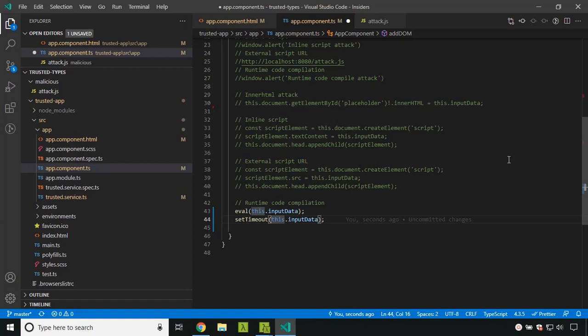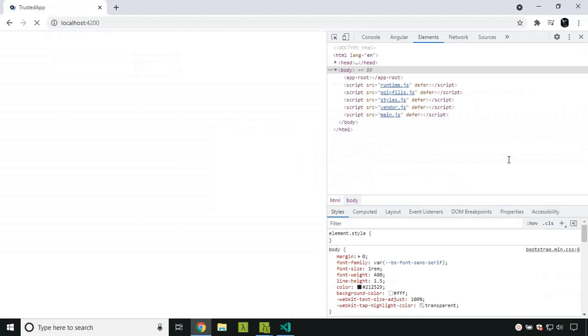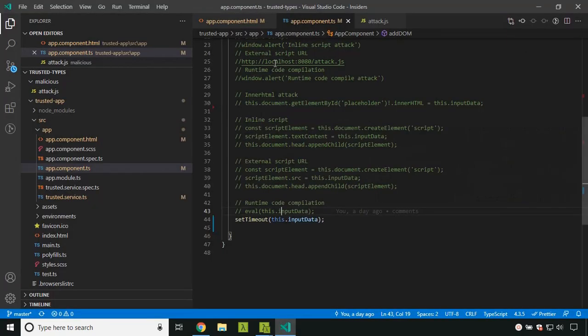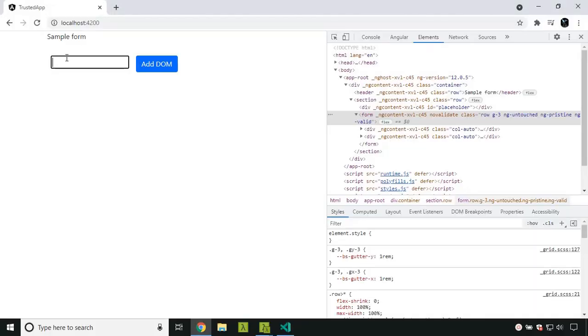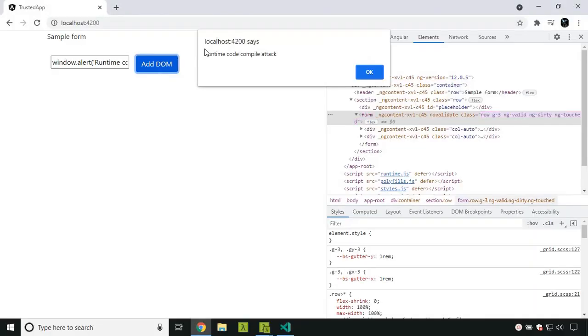It evaluates the string, converts it into JavaScript code and executes it. Again I am copying this string and passing it to setTimeout. You can see that it converts it into JavaScript and executes the code.